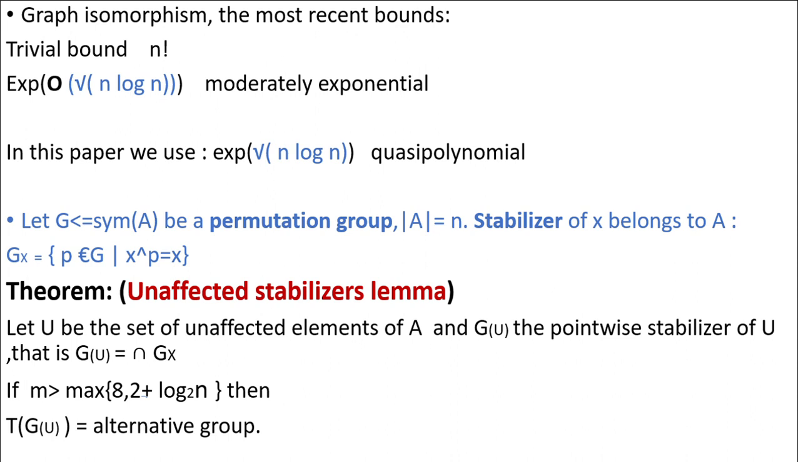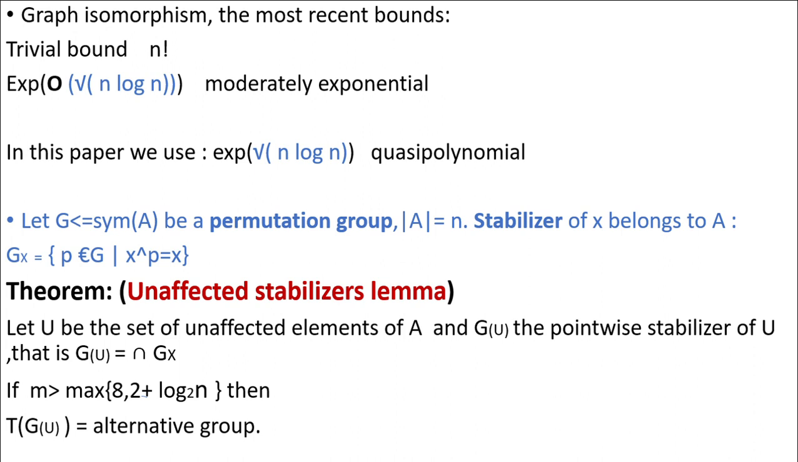Now the most recent bounds for graph isomorphism. The trivial bound is factorial n, then exponential big O of n to the square root of n, which Babai calls moderately exponential. In this paper we will discuss and take exponential of n log n, in the case of quasi-polynomials. Before discussing the graph isomorphism quasi-polynomial time, first of all we are going to